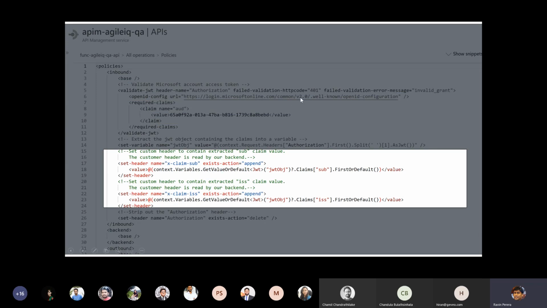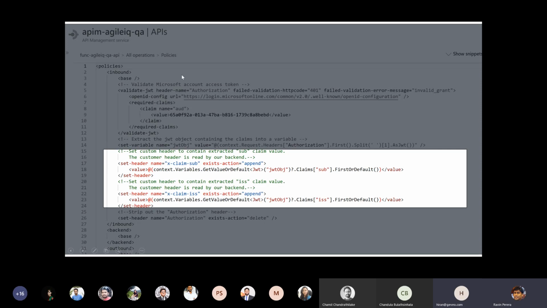So what we do here is we extract the OAuth user ID from the token and send it as a plain text header into the API. So using these plain text headers, our API can do any business validations, such as what the role is for that user, or whether that user is registered in our system in the first place, because these are public Microsoft accounts. Anyone can have Microsoft accounts. So it's up to us to check whether this particular Microsoft account ID can use particular business features in our application. That part falls to us.